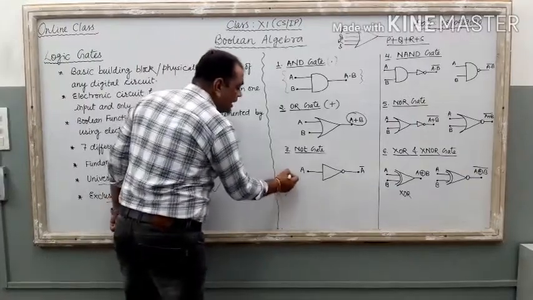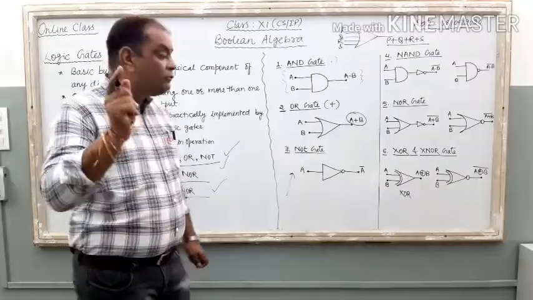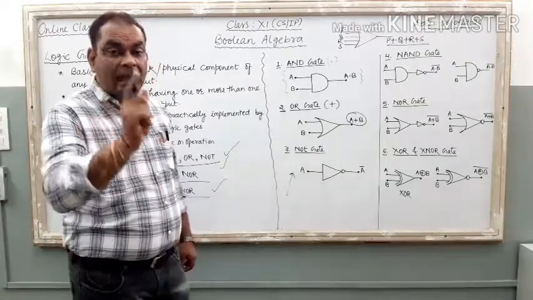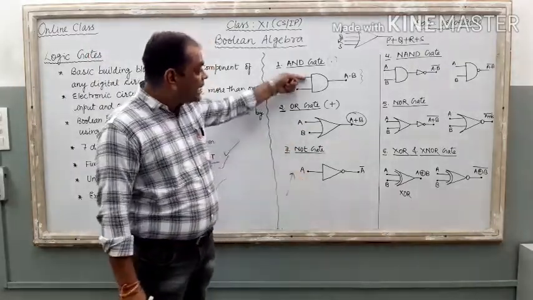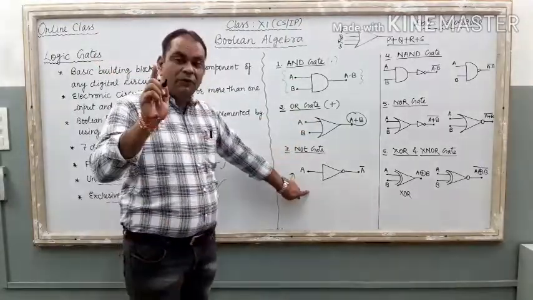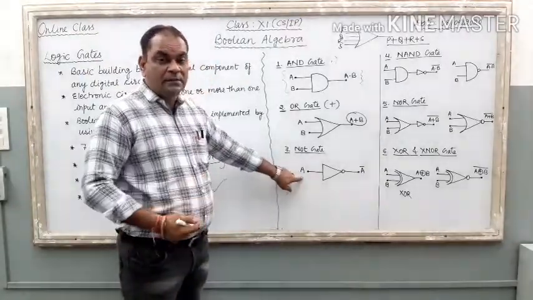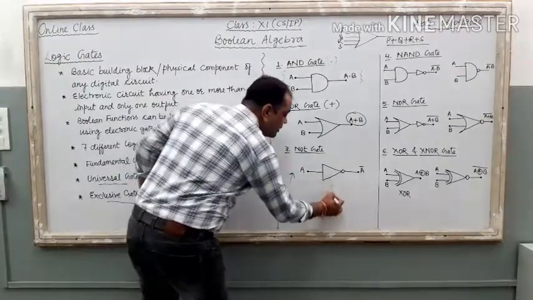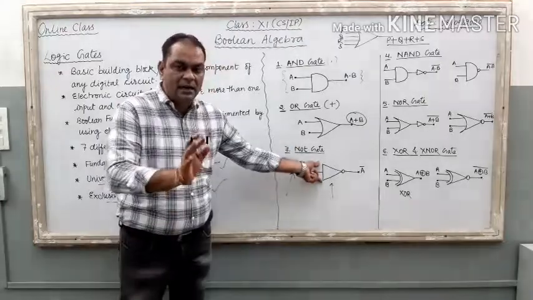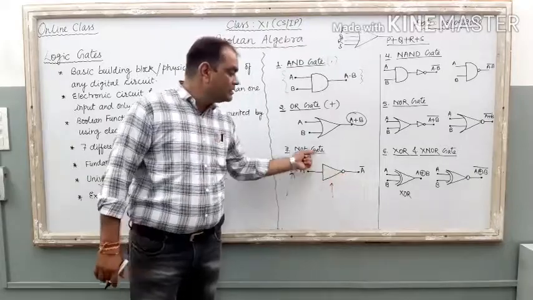It is the only gate that works on a single input signal. Only one input is allowed in this NOT gate, whereas in AND and OR gates we can give multiple inputs. Here there is only one input and only one output. If A is the input to this gate, first check the diagram. First create a triangle, followed by a small circle. This is the NOT gate.